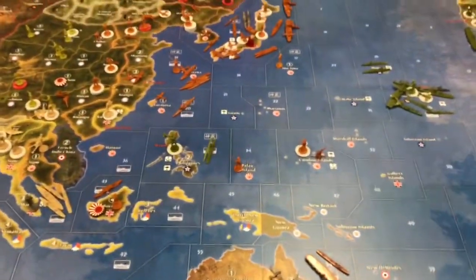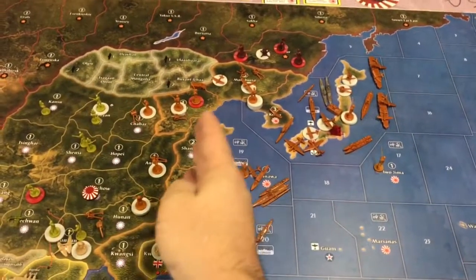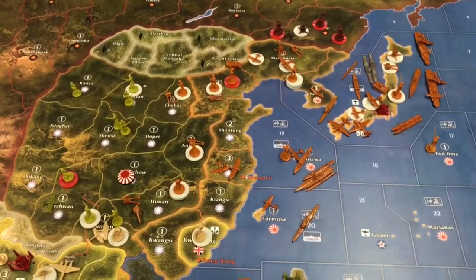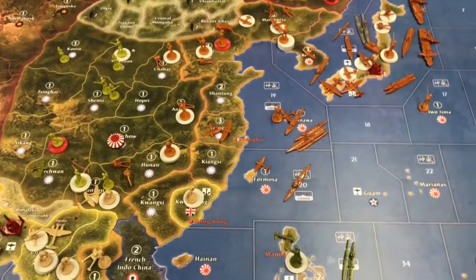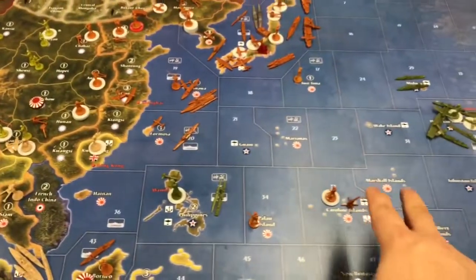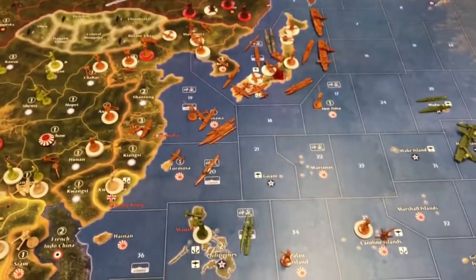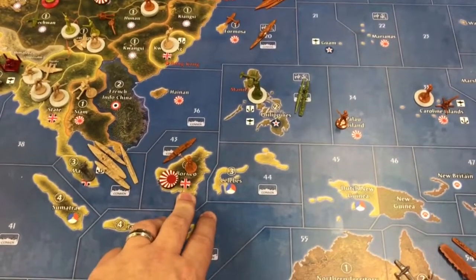Now, my friend who played the Axis, he played Japan. He was kind of doing the typical Japan moving forward into China. He got up in here and took this as well. He left Hong Kong alone, and he left America alone. He kept the United States out of the war. However, his attack to bring UK and ANZAC in was he took Borneo to get some more money,